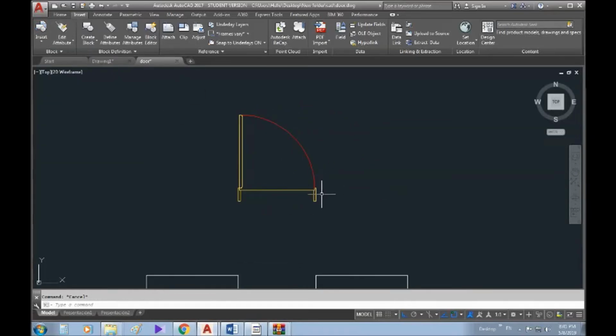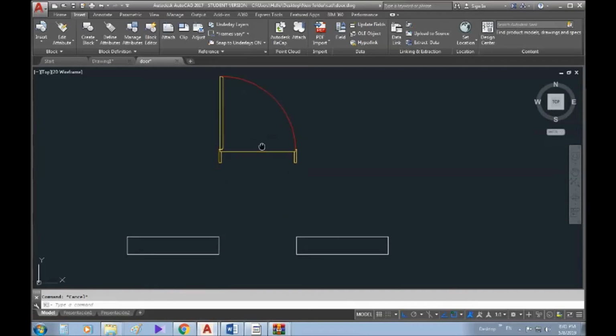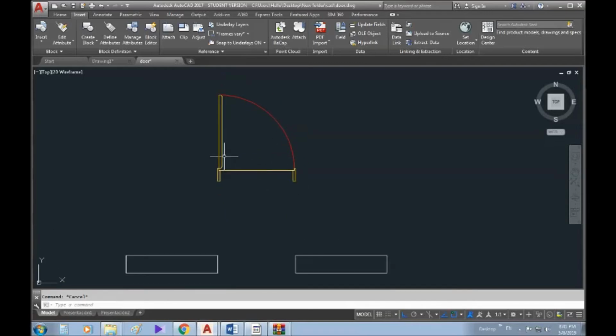Let's imagine that we want to do some modification with the block, maybe change the color of this door or frames, or put some lines on different layers. It's very easy to do. How to modify the block? First of all,